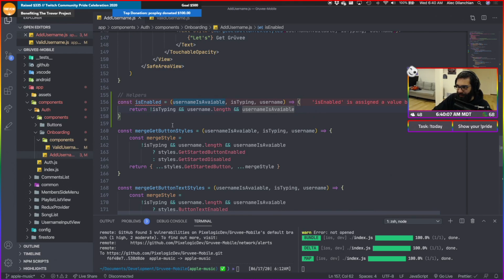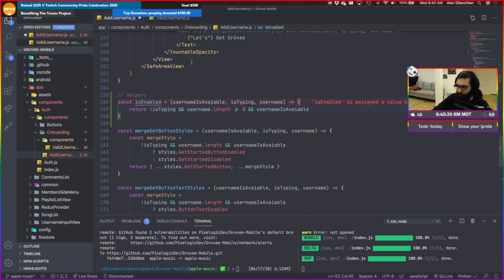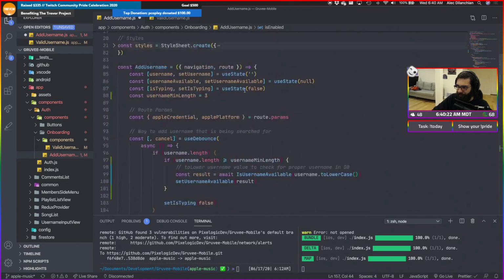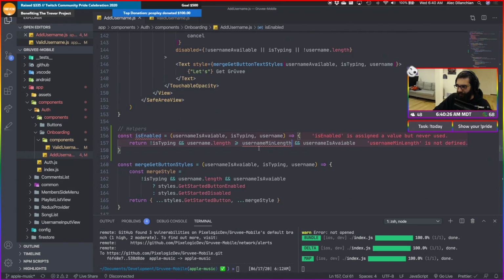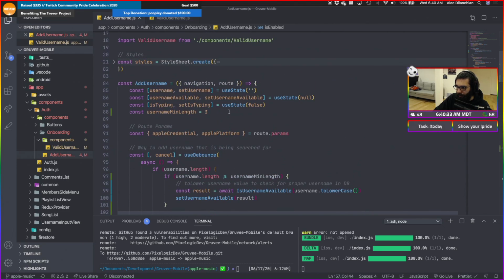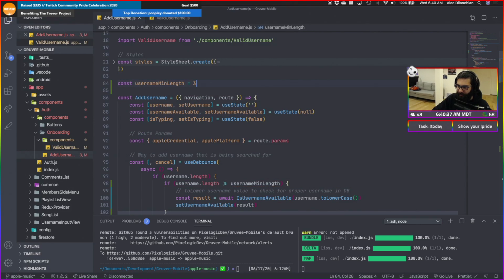Essentially, it's more so if the length is greater than or equal to 3. So we actually should, oh wait, we have this idea here: username min length. I'm going to put this on the outside here.